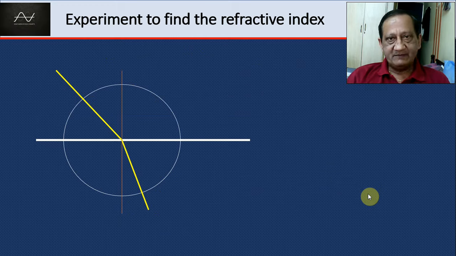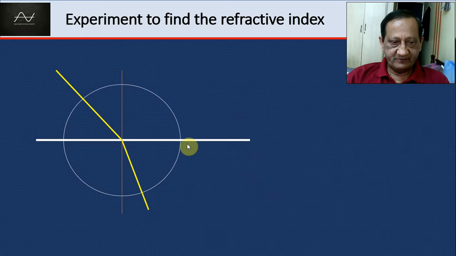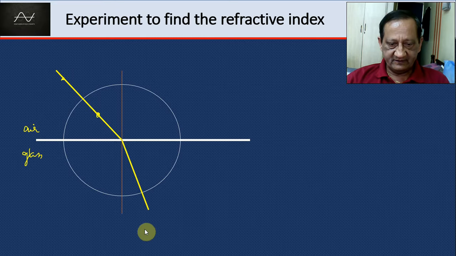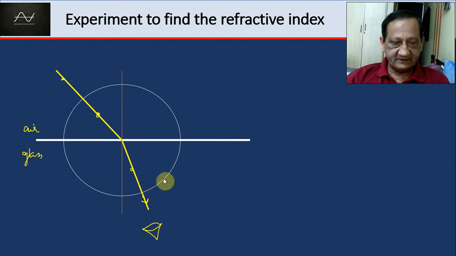So in the lab, how can we find the refractive index of a material? Very simple. We place a rectangular glass slab on a sheet of paper. This is the air part, this is the glass part. Then we put 2 pins at an oblique angle and we put our eye this way to observe the refracted ray. So we put 2 pins and after that we remove the slab and we now know the position of